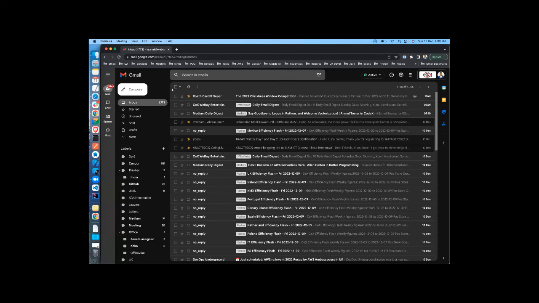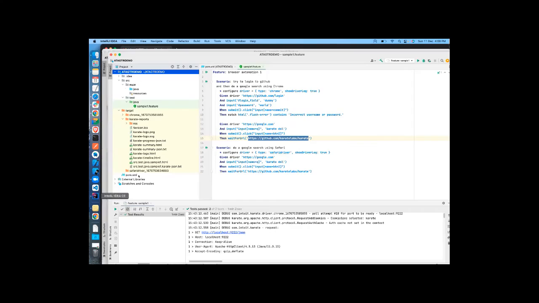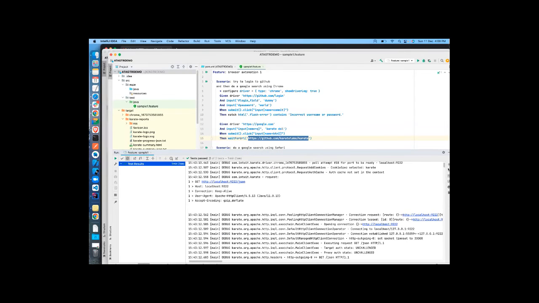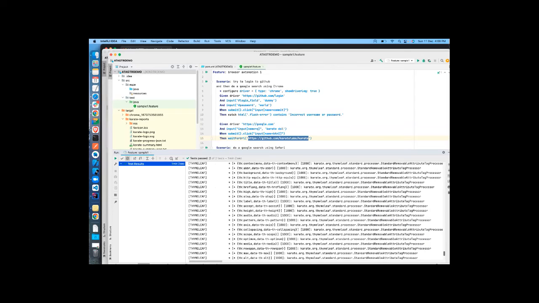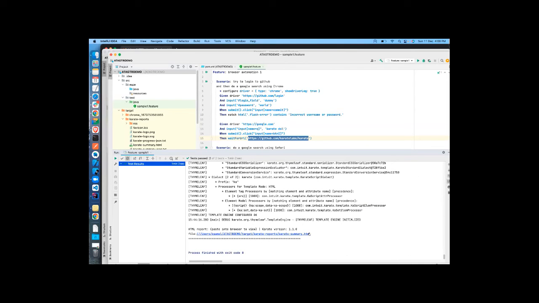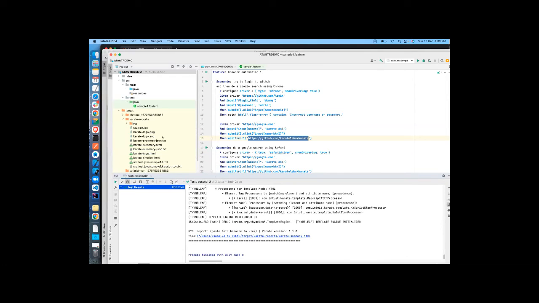I will quickly share my screen. I hope everybody can see my screen. So what happens is when the test gets completed successfully, you see a target folder here, and the target folder is updated with the Karate reports reference.